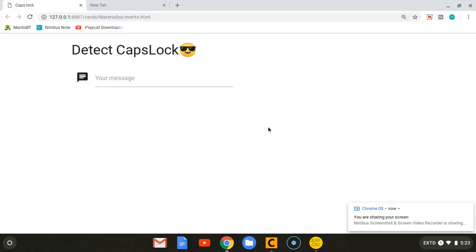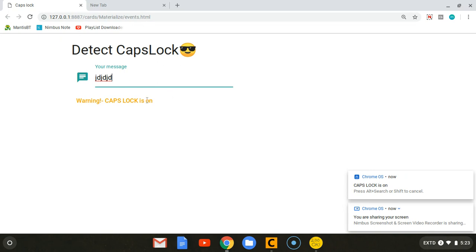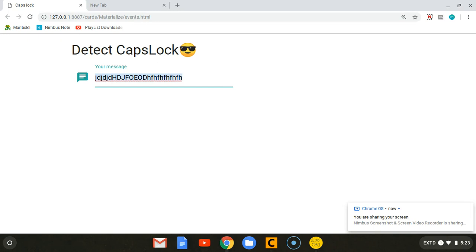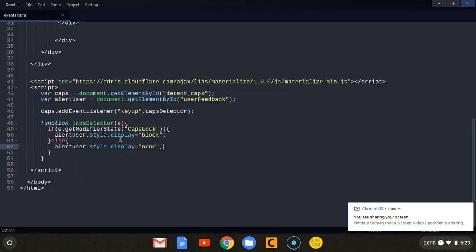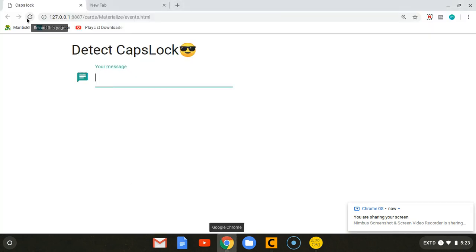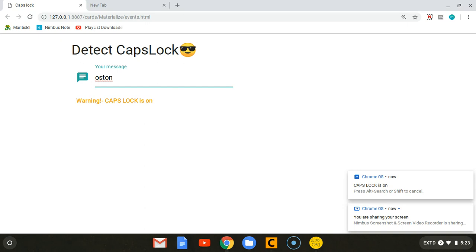Let's go and refresh the page. So when I start typing in here, the caps lock is not on. But the moment I switch it on, they'll tell me caps lock is on. And you see, when I switch it off, also that alert will go away. So very, very simple. That's how you can detect if the caps lock is on or off using this function that you're seeing here. getModifierState and set it to CapsLock. So it will detect if the caps lock is turned on. As you can see, the moment I switch it on and I switch it off,